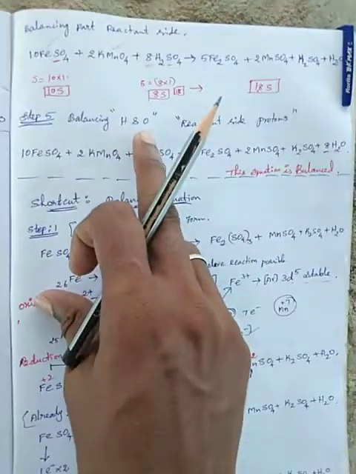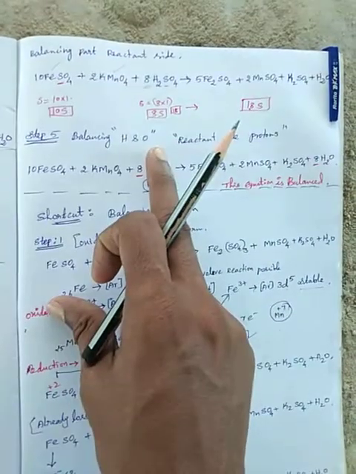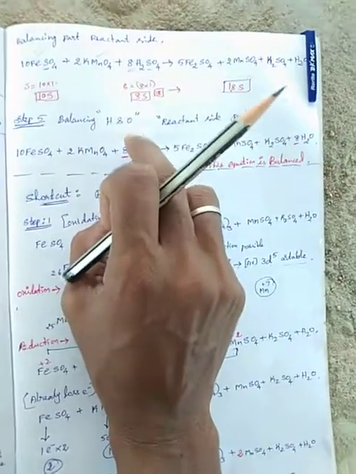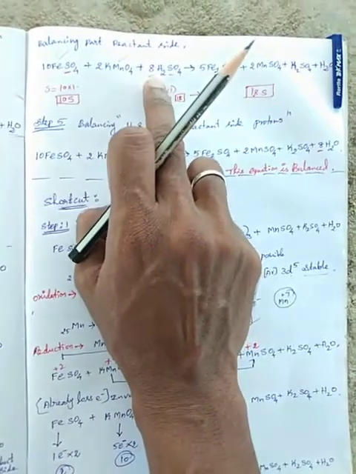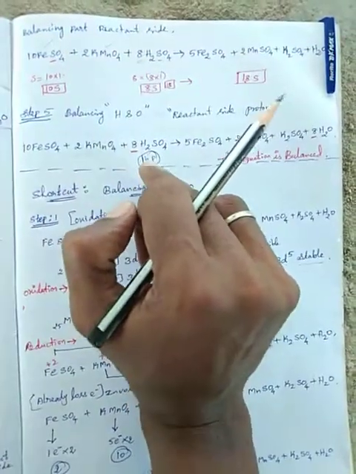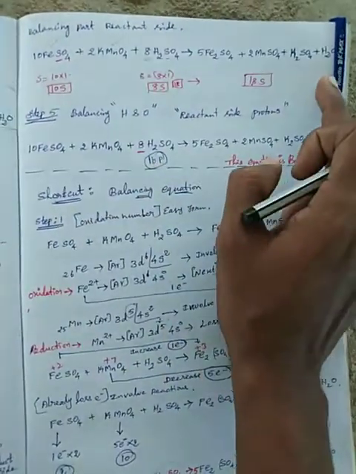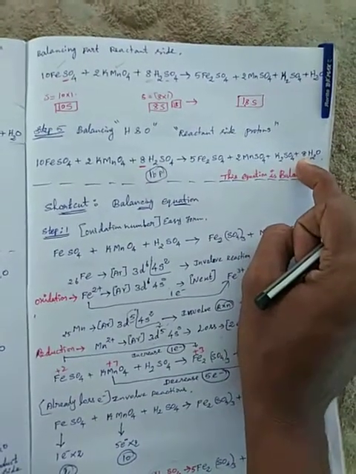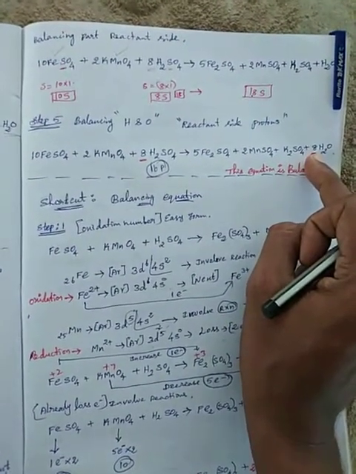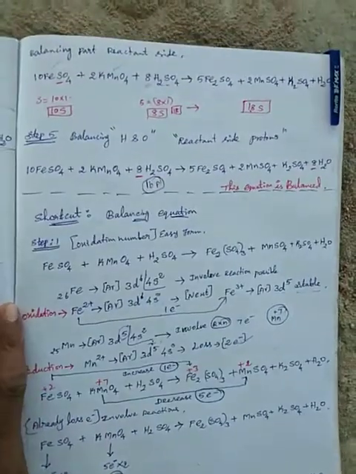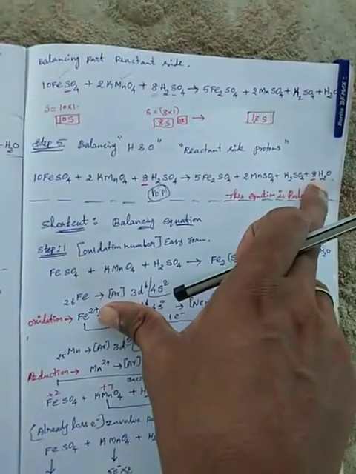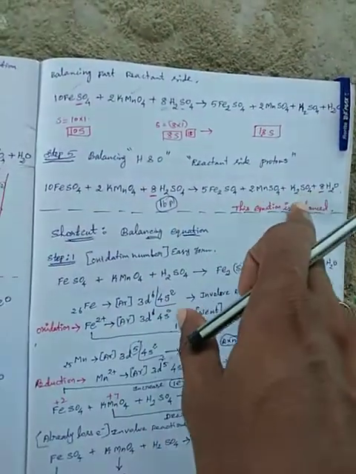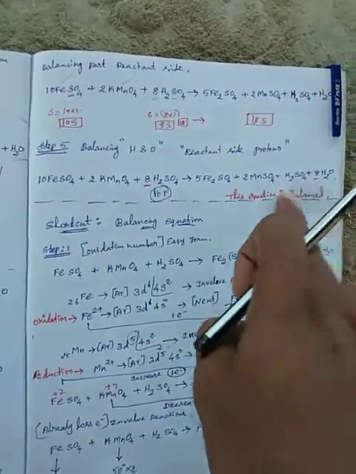And the last step is applying the hydrogen and oxygen atoms. This is one of the tricks, students. How many protons are here? Hydrogen atoms are protons. So 8 into 2, 16 protons on the reactant side, but the product side has only 2, so that 8 is directly applied to water molecules, so the balance is completely equated. So 8 into 2, 16 protons is also complete. So from the reactant and product, the balancing equation is completed, students.